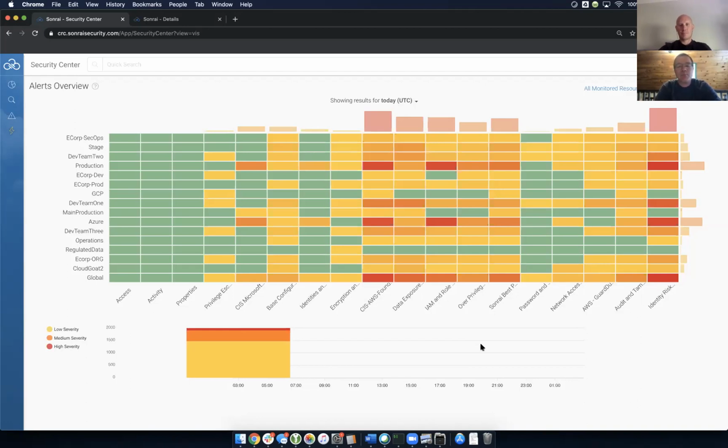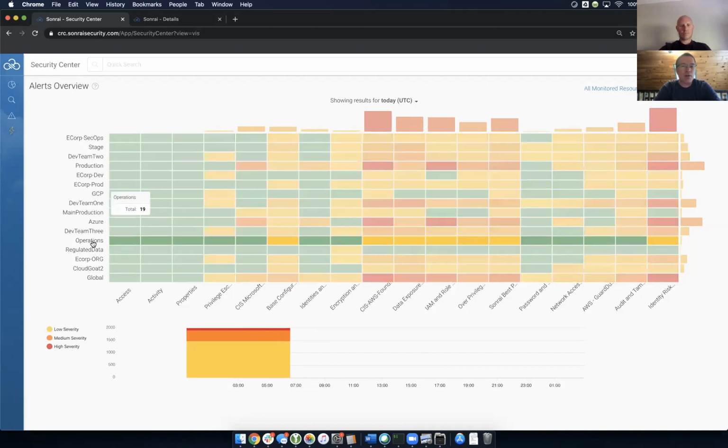And we built this concept we call swim lanes. They actually kind of look like swim lanes on the screen here. I'll just highlight one or two. You could put your operations team and all of their tooling in a swim lane and understand what they're doing. Is it secured? Are there any alarms associated with it that they may need to respond to? Are there issues from not only a governance perspective, but an incident response perspective? Say they have machines reaching out to Tor networks or something. And it would be isolated just to the operations team.